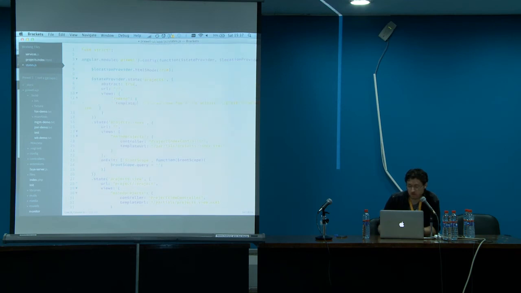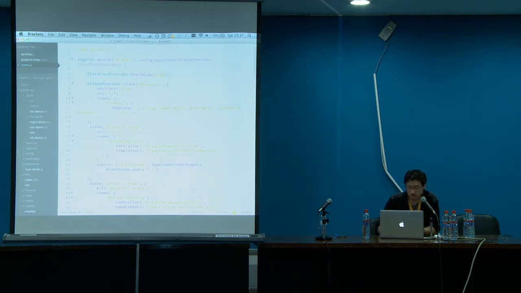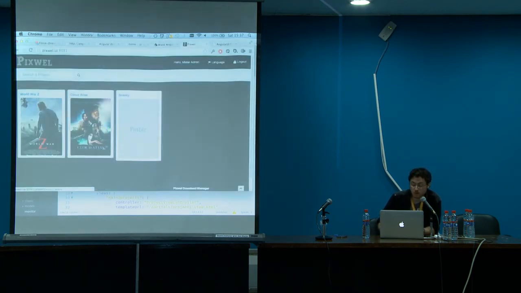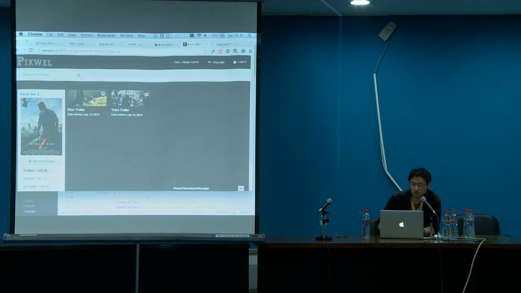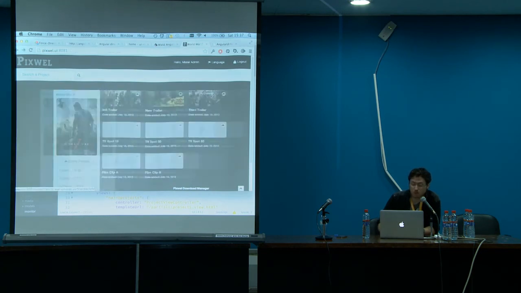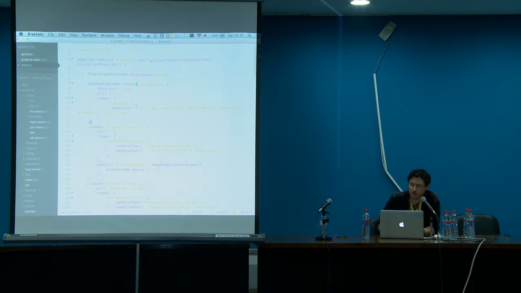So I have this state called projects that's an abstract state. It manages both the index and the view state. So these are two different states that have the same parent. And here I'm just using an inline template because I need an extra view.